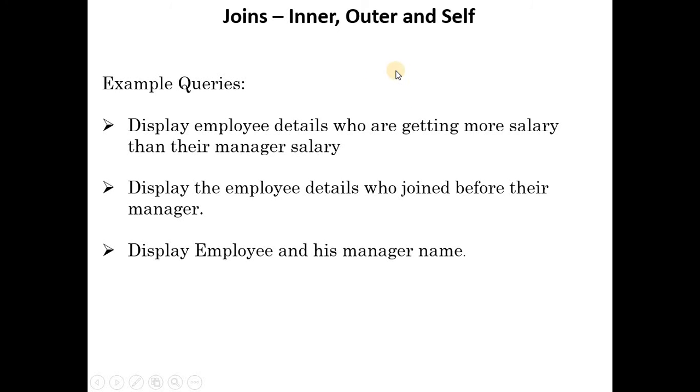Employee ID and salary are two columns through which you can compare each one with the same copy of the same table and get the manager's salary and display only those employees who have more salary than